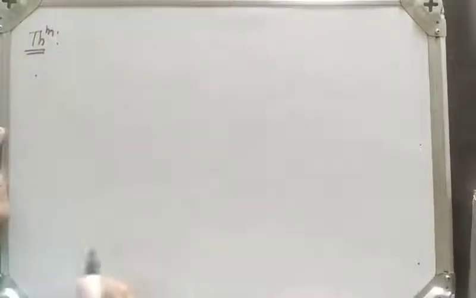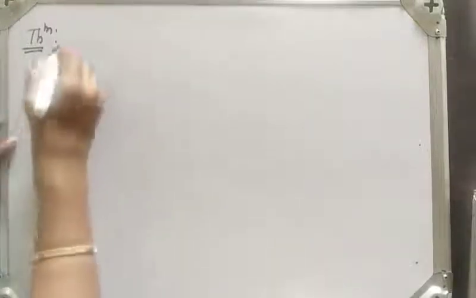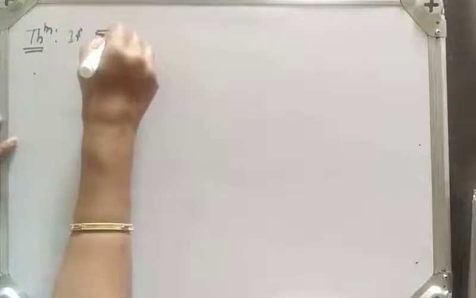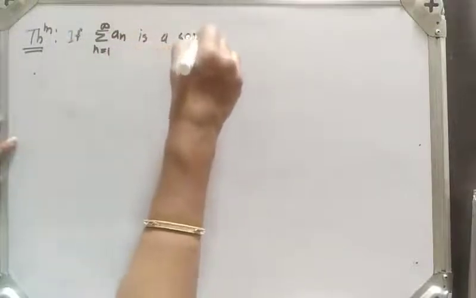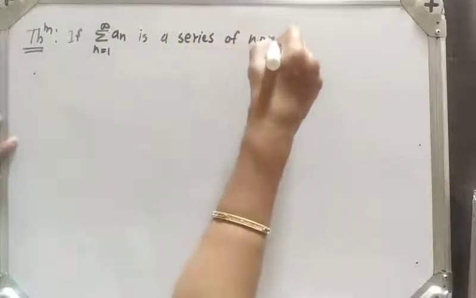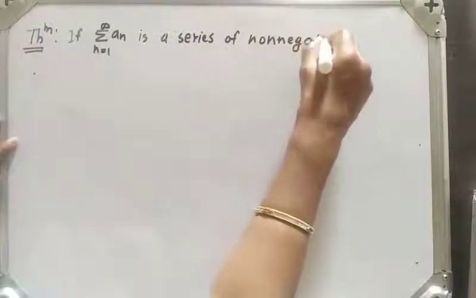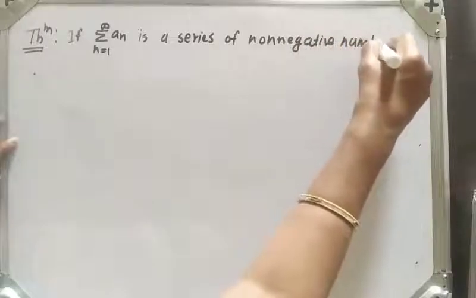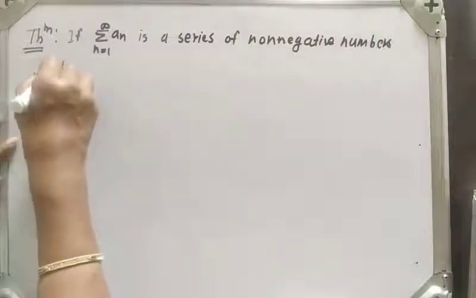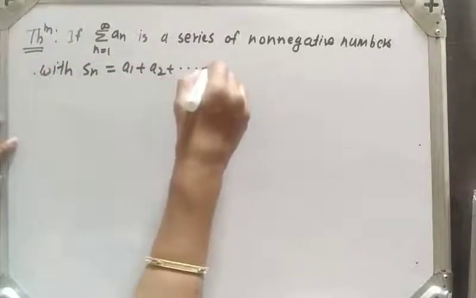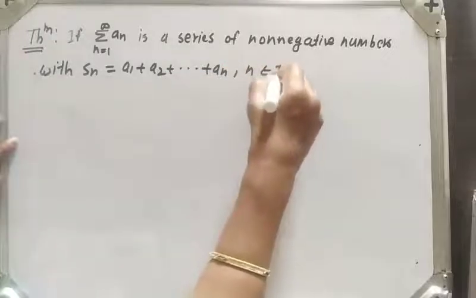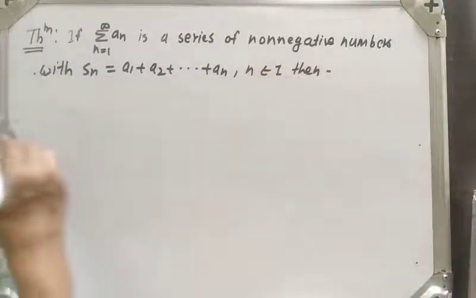So the theorem is: if the series summation an, n varies from 1 to infinity, is a series of non-negative numbers with Sn equal to a1 plus a2 plus up to an, n belongs to I, then